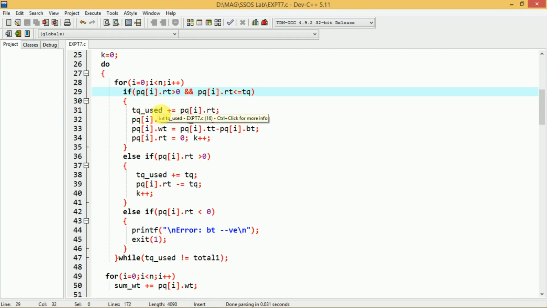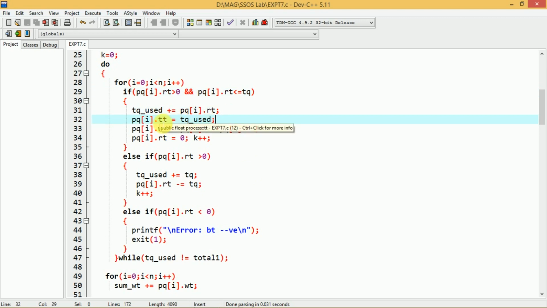TQ underscore used indicates how much time the processes have executed. As you are going to allow the process PQ of I to run for RT amount of time, we add this to TQ used. So TQ used equals TQ used plus PQ of I dot RT. After that you have to add this value to the turnaround time also.